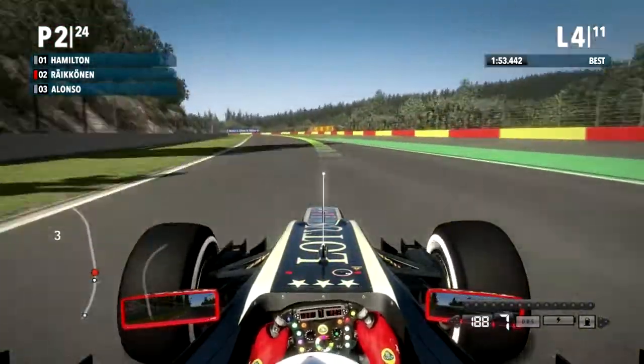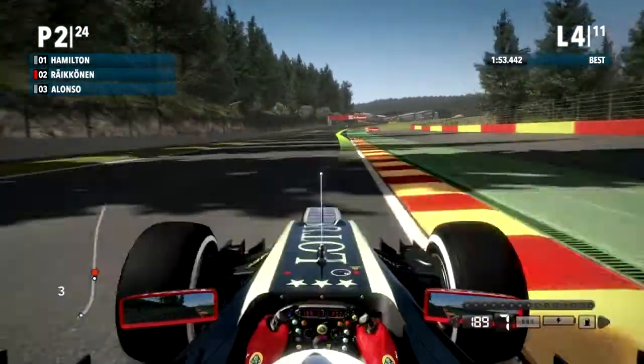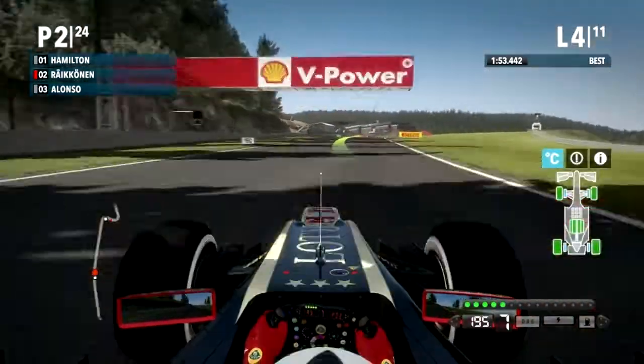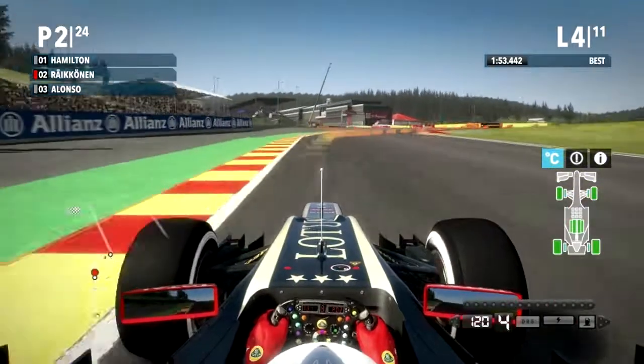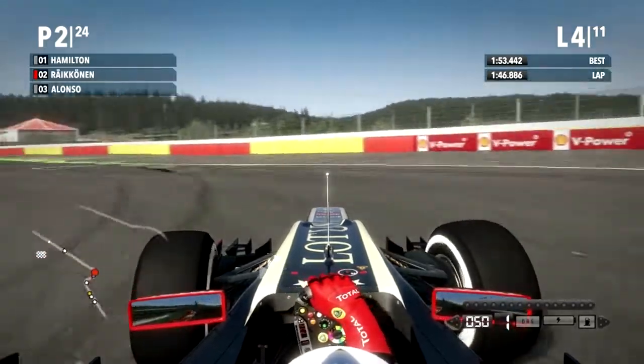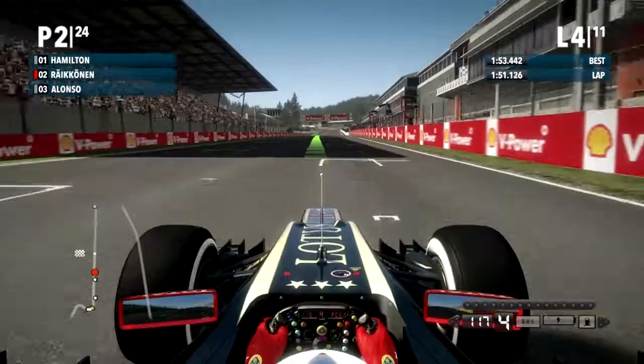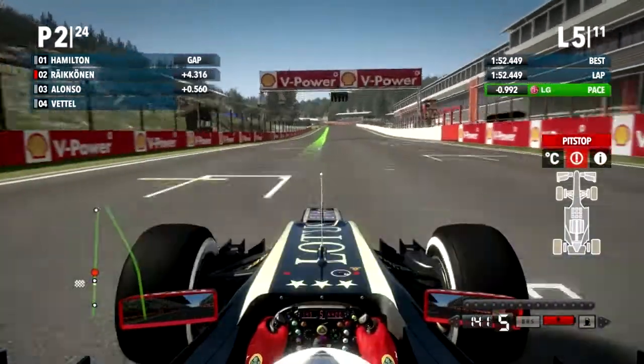No idea what that means. I think he's a driver or something. Anyway, Blanchimont here. I like this corner. That's probably my favourite corner on the whole track, to be honest. And 18, 19, and 20. This is 20 here. Right here. That's 20. That's the chicane. And on to the start-finish straight, just about across the line for a